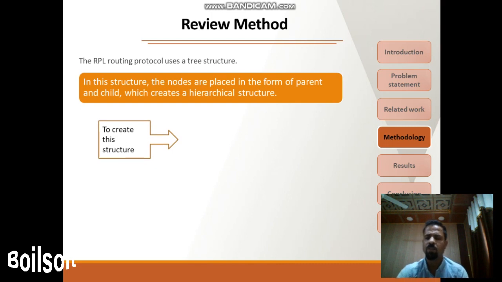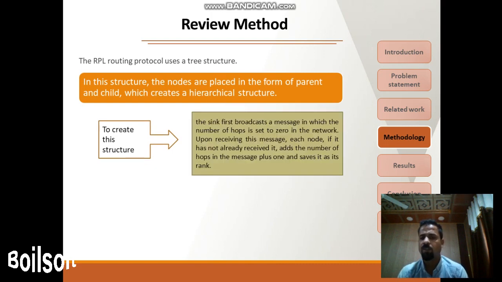To create this structure, the sink first broadcasts a message in which the number of hops is set to 0 in the network. Upon receiving this message, each node, if it has not already received it, adds 1 to the number of hops in the message and saves